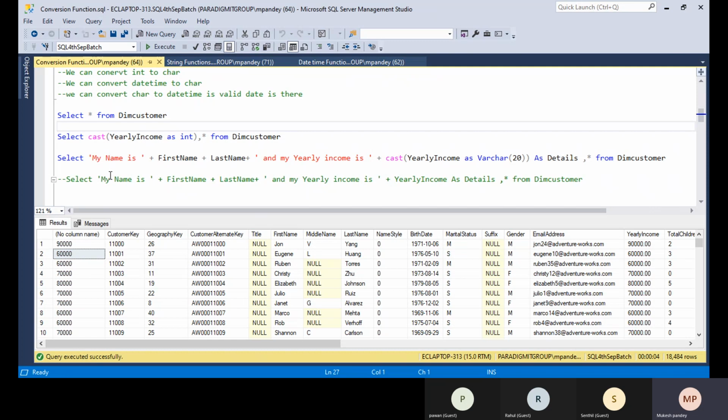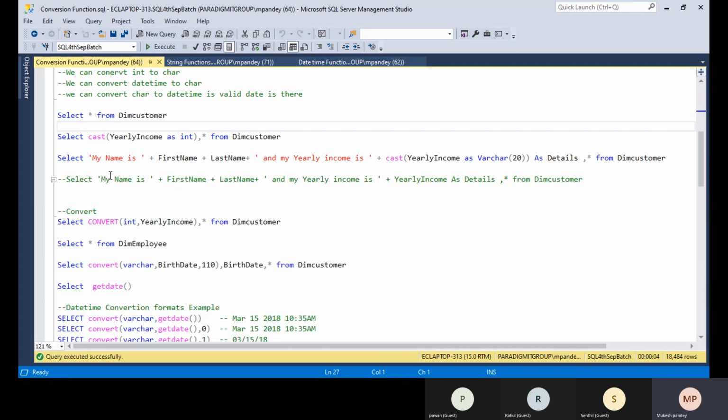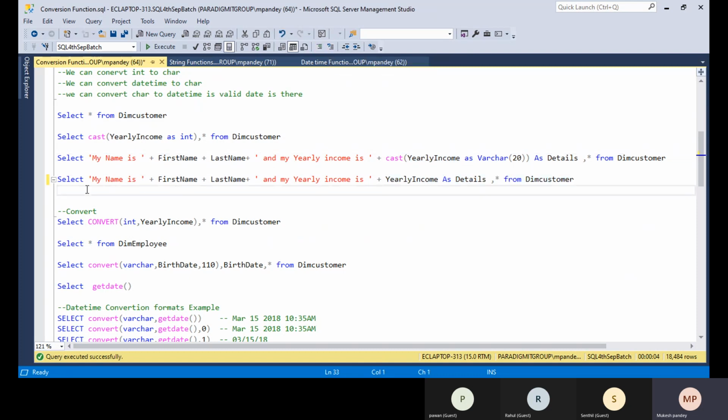For example, suppose you have a requirement to print text like this: my name is first name and last name, and my yearly income is the yearly income. To print like this I use the concatenation function. My name is, concatenated with the first name, and then the last name.